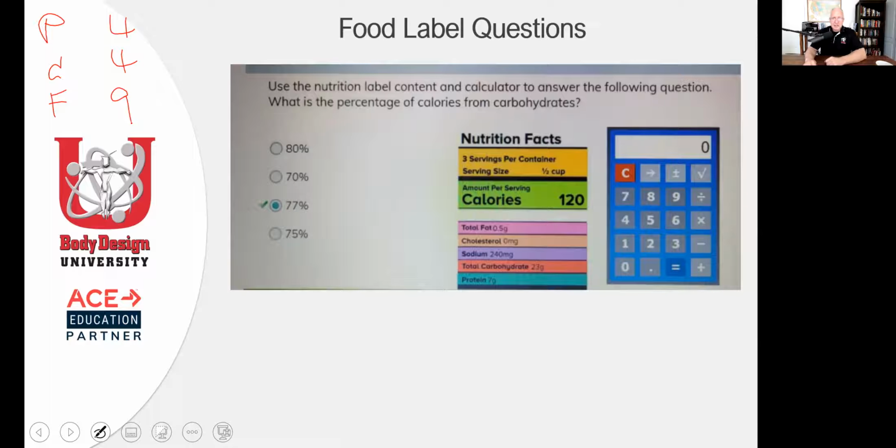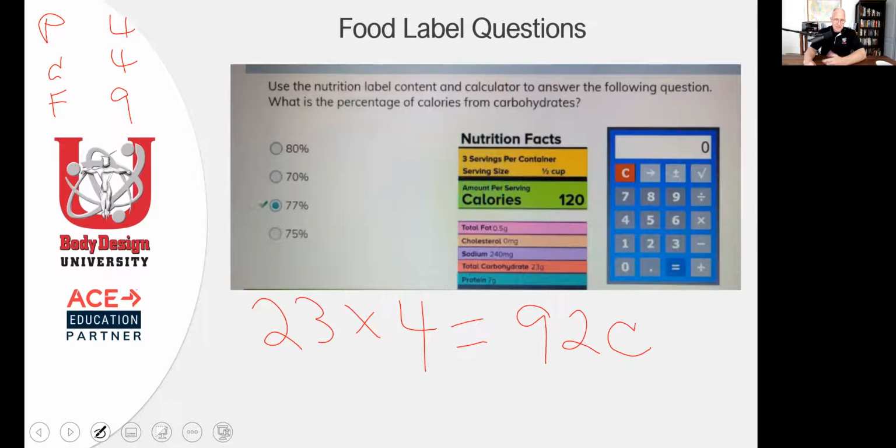What is the percent of calories from carbohydrates? Okay, so now you got to use your head just a little bit, okay? Percentage of calories from carbohydrates. What's your total carbohydrate? It's 23, right? 23 grams of carbohydrates, but grams doesn't help me. I've got to convert grams into what? Calories, because I'm going to find percent of calories. So 23 times 4 gives me, right, because it's 4 calories for every gram. Does that make sense? It's going to give me 4 times 3 is 12 times 2. It's going to give me 92